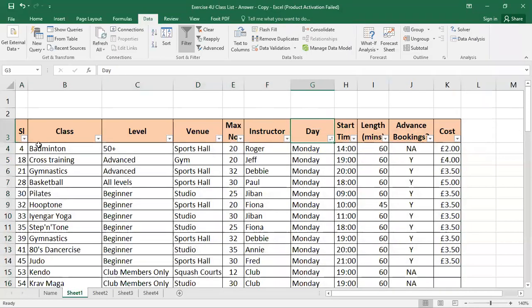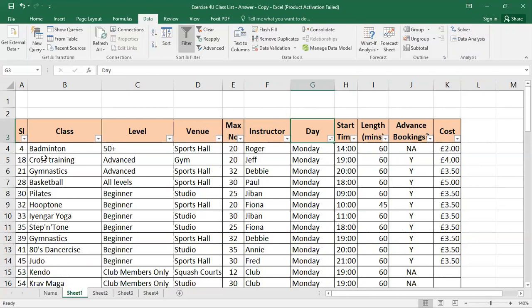So look here, that particular events in this particular table are sorted according to the day. First, the event which happens on Monday, it shows you.